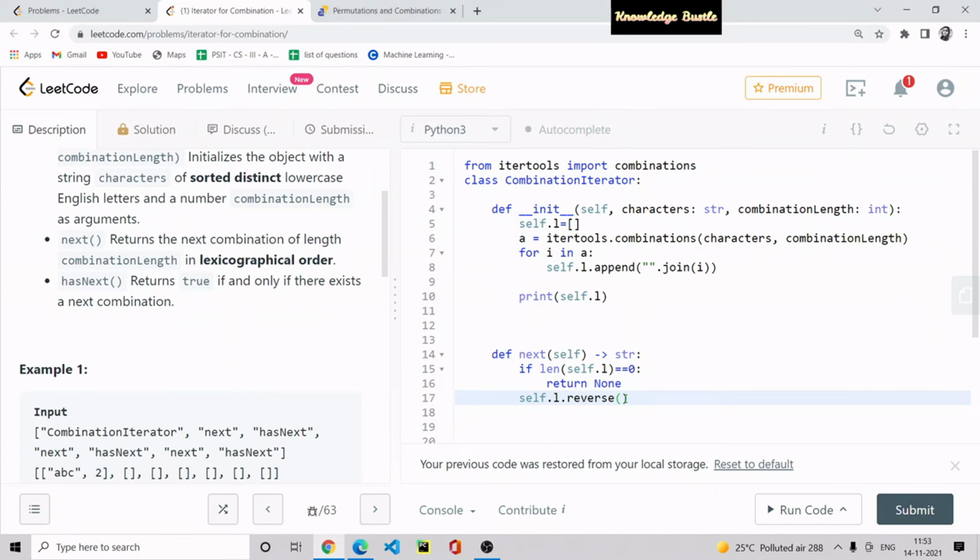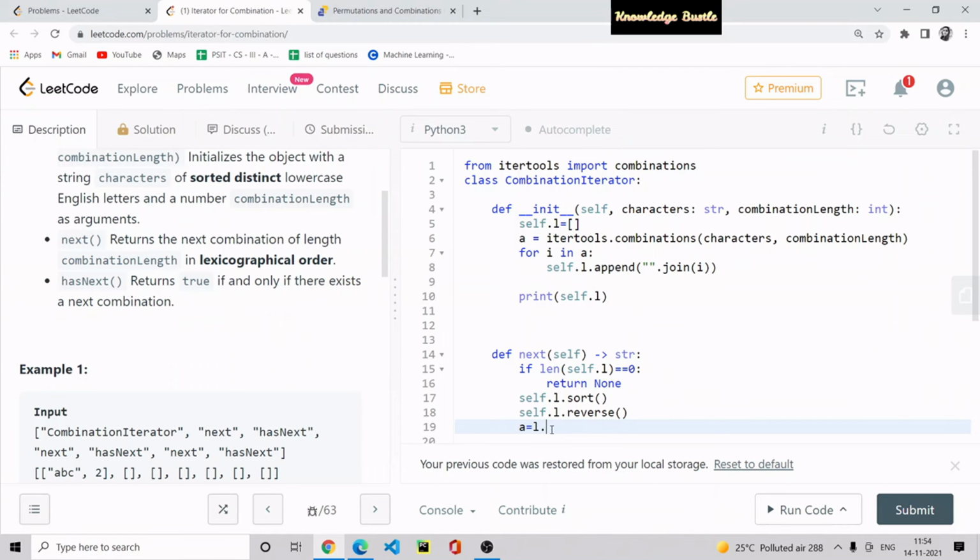And then you delete the first element, but here firstly we have to sort the list. Okay, self.l.sort. Sorry guys, firstly we sort and then reverse, and then we can easily delete, because we have to return the combination.